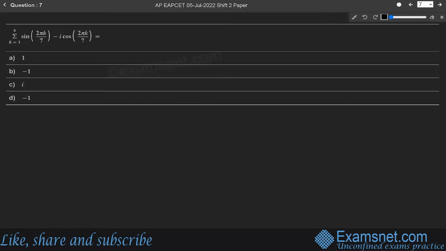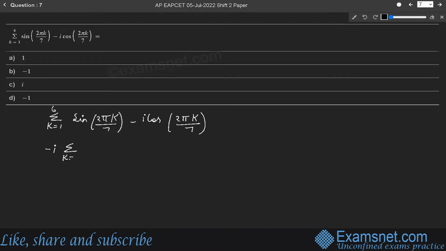Next question is the summation of k equal to 1 to 6 of sine 2 pi k upon 7 minus i cos 2 pi k upon 7 is equal to. Here in this expression, we have to find its value. So taking minus i common, it will be the summation of k equal to 1 to 6 of cos 2 pi k upon 7 plus i sine 2 pi k upon 7, which will be equal to minus i into 1